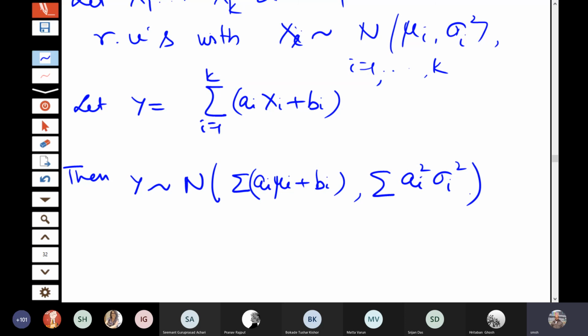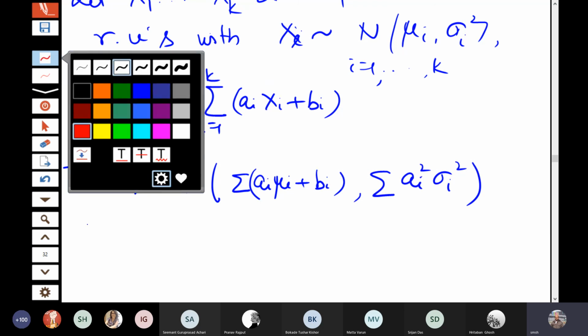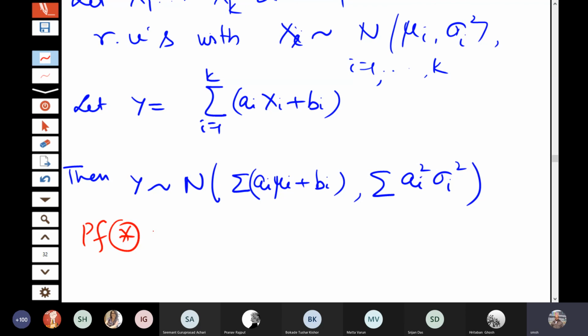So this is the linearity property of the normal distribution. For other distributions, it is only an additive property, and that too in one parameter. But the normal distribution is more flexible. First of all, both the parameters can vary, and second, in place of addition we can have any linear combination, like 2X1 plus 3X3, 3X2 minus 4X5, and so on. All those things can also work out. I am just skipping the proof here. These are all very simple, because once you have the MGF approach, you can write all of that. I leave it as an exercise for you.